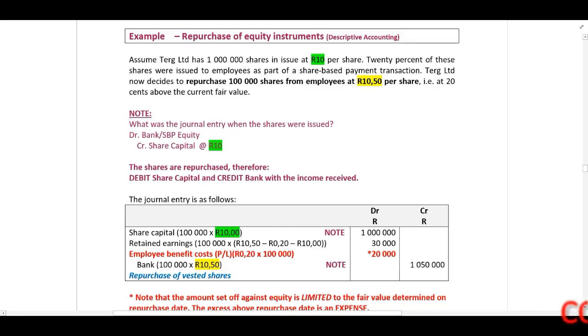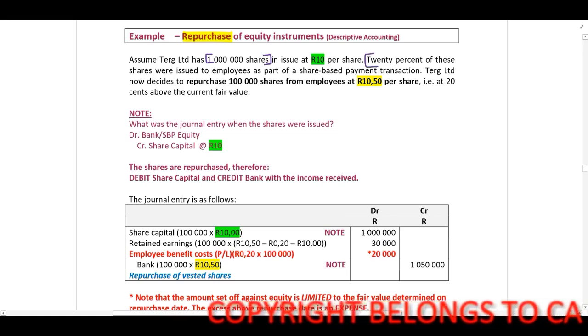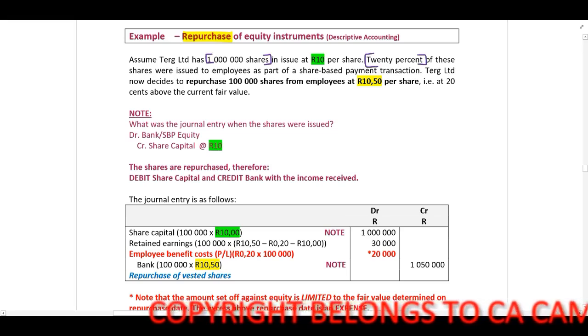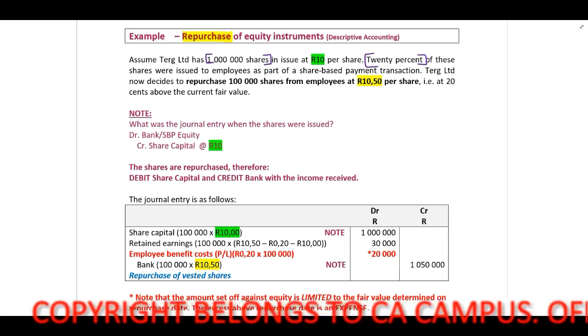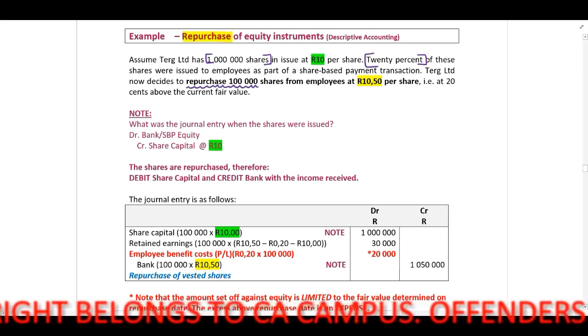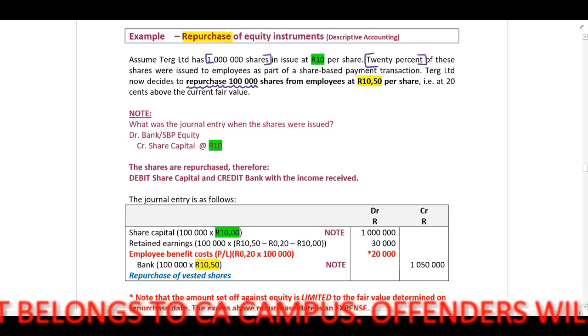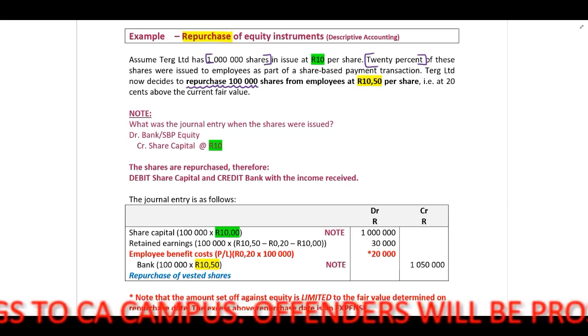In this example, we will look at the repurchase of equity instruments. Assume Targ Limited has 1 million shares in issue at 10 Rand per share. 20% of these shares were issued to employees as part of a share-based payment transaction. Targ Limited now decides to repurchase 100,000 shares from the employees at 10.50 Rand per share, therefore 50 cents above